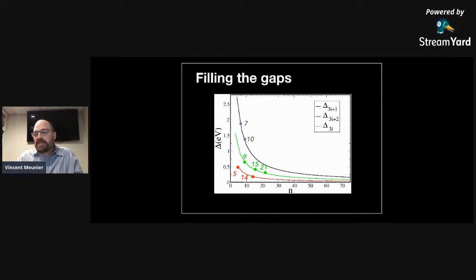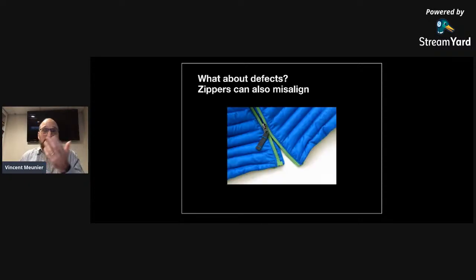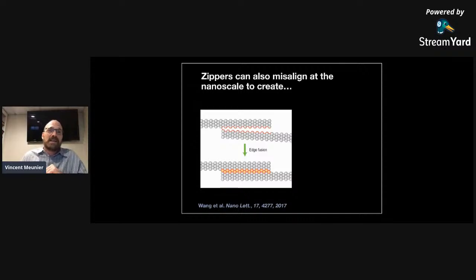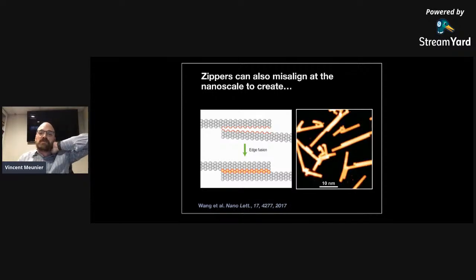In fact, if you ever try to zip, I don't know, in Brazil you don't have to worry so much about cold weather, but in the north where I live, in the winter we have to put on this kind of coat. And if you are in a hurry, sometimes the zipper does not align very well. That means the ribbon is not quite nice. It looks more like something like this. You start to have a piece that's zipped and a piece that's not zipped. It's too bad because it's not what I want, but it's actually what happened experimentally. You can see some of those there.